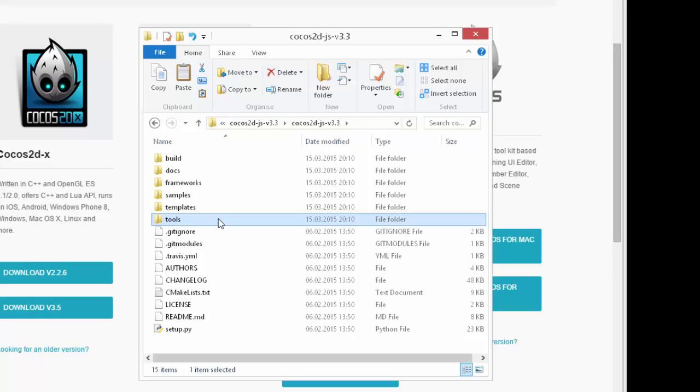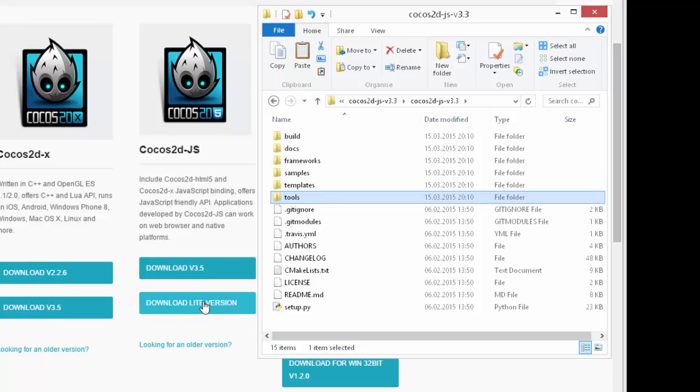run the application on. Now, I've got at least 3 videos on the channel for setting up Cocos2dX with Eclipse and Android. I don't want to do a 4th one because it's more or less exactly the same process. But what will be interesting for this series is actually writing the JavaScript to get the application to work. And for that we'll be using the Lite version, because that gives you one file with all of the JavaScript